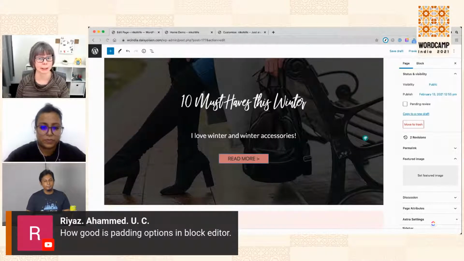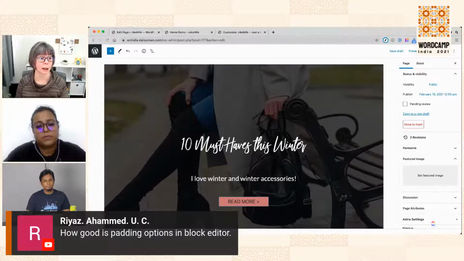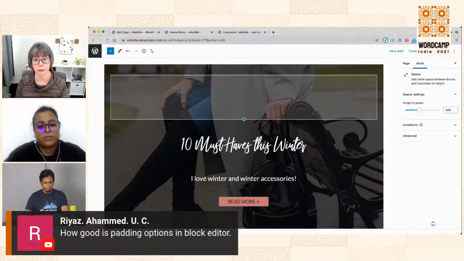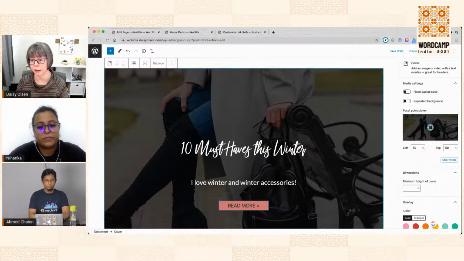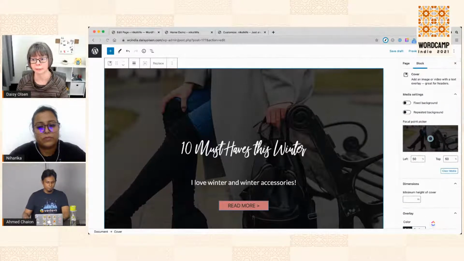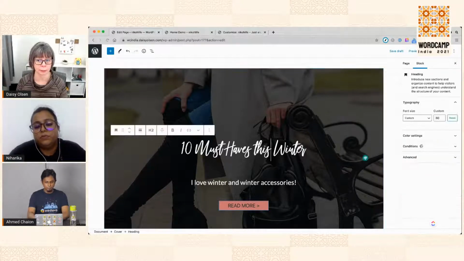Some blocks, especially blocks that have been created by third parties, things from the plugin directory, are potentially going to have different options. So if I can get into my cover block here, I can see the options that show up on the right-hand side. In this case, there's not a lot of padding specifically, and the needs for each block are going to be different based on what it's there for. In some cases, padding wouldn't really be relevant, but